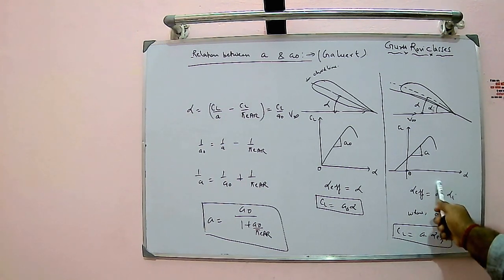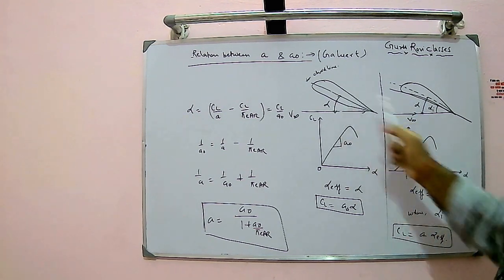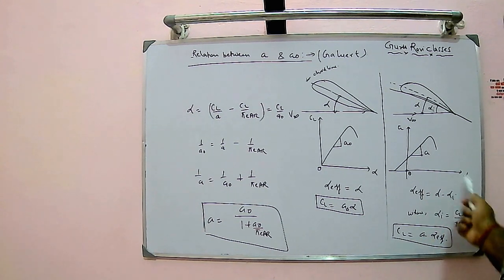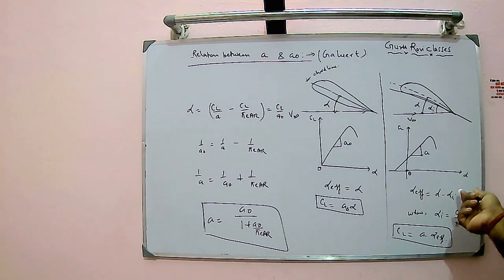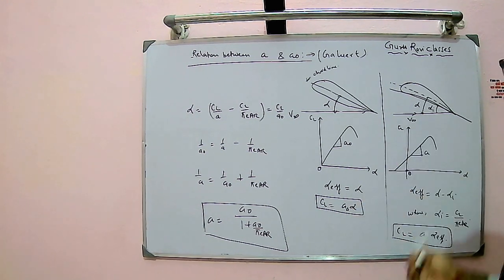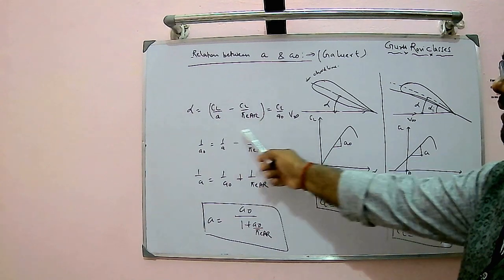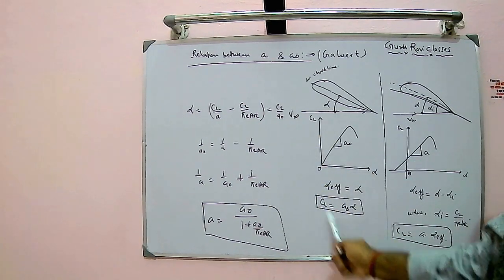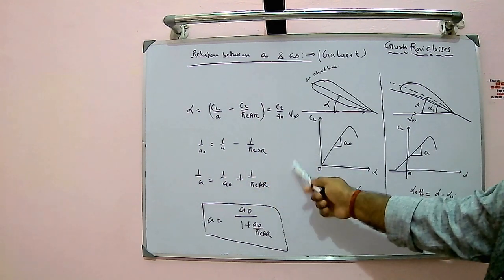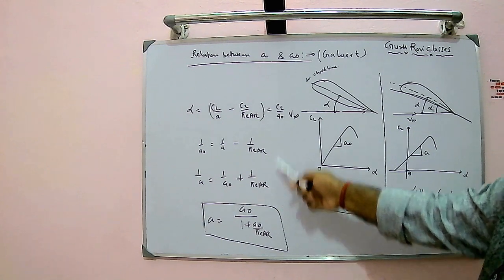Then we can compare based on this α, because α is common in both. So α = CL/A₀ here, CL/A minus this term. Basically this is A itself. When you substitute here, it will again become positive, and when you take this term to that side, it will become negative. So that's why this negative term CL/(πAR) is coming. So α = CL/A₀, which we have got from here. Then you equate this, and finally you can write the equation in this way.